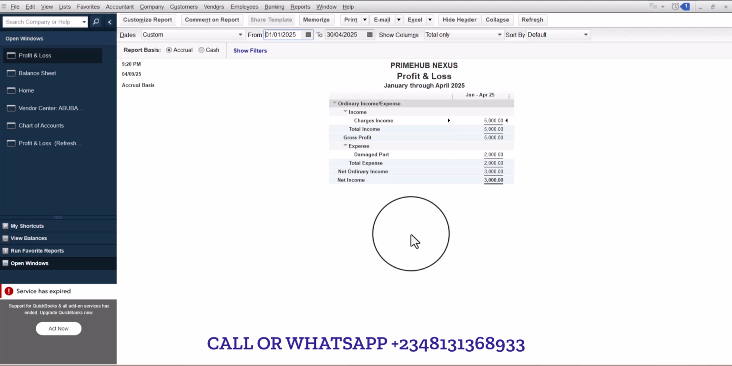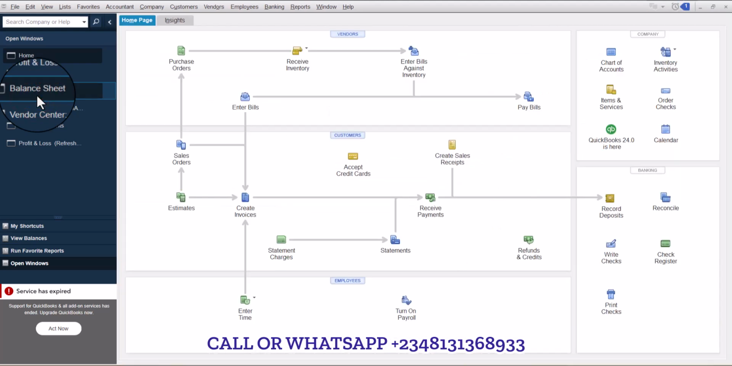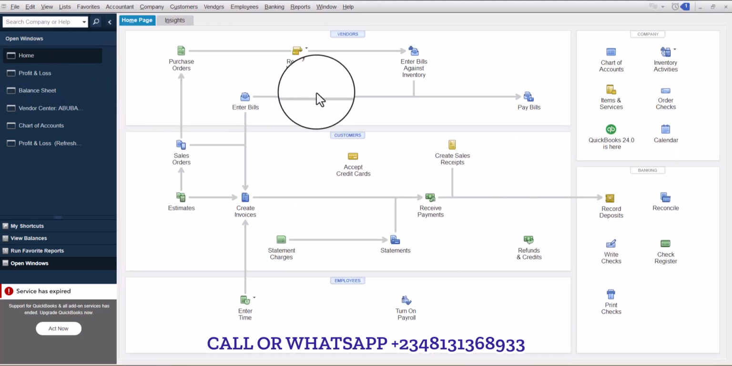This is how we can actually use QuickBooks Desktop to record. So my next video is going to be QuickBooks Online. I'm going to show